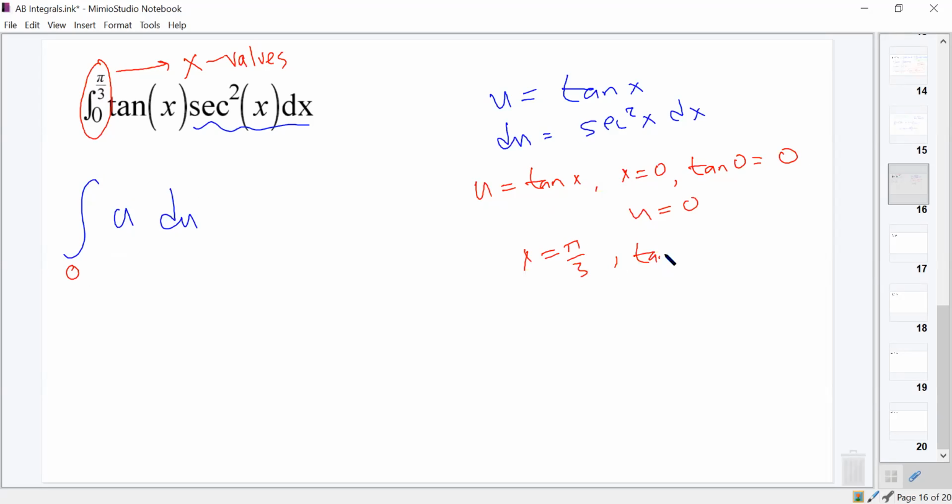But since u is tangent x and x is pi over 3, the tangent of pi over 3 is what? This is where you should all unmute yourselves and immediately tell me what the tangent of pi over 3 is. It is